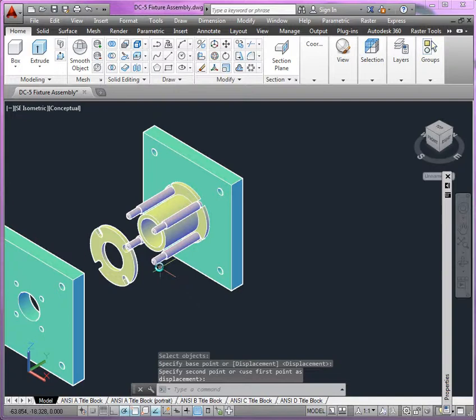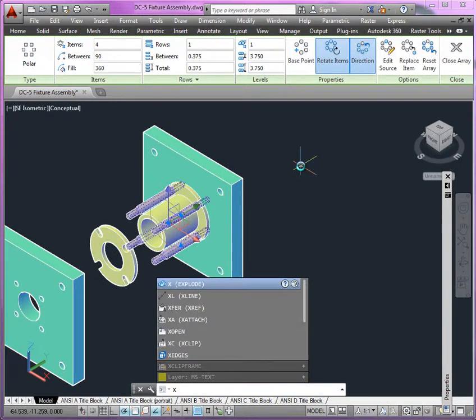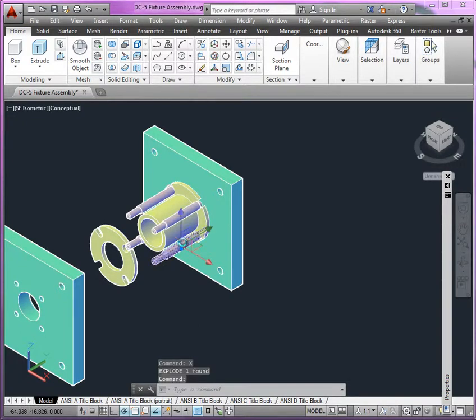Now I can get rid of these extra copies. Notice that because we produced these as a polar array, it's a group. All you have to do is explode the group, and then you should be able to select the individual components and delete them. We can leave our corner pin and our spacer there together, and now we'll just pull apart